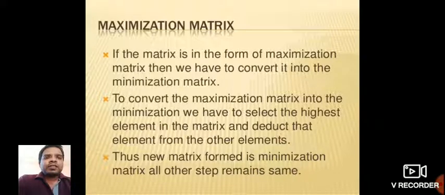Then the matrix you get is in minimization form. That is how we convert the maximization matrix into minimization, by selecting the highest element in the matrix and subtracting the other elements from it.